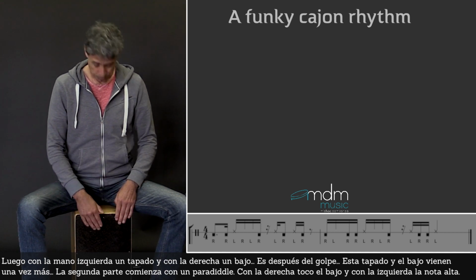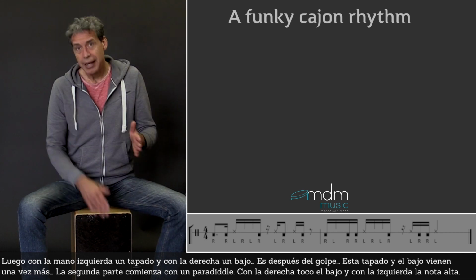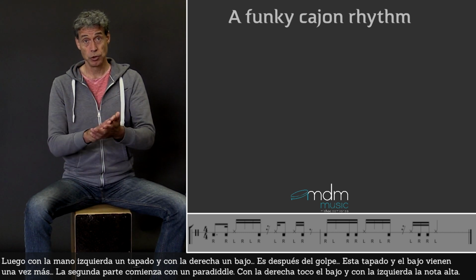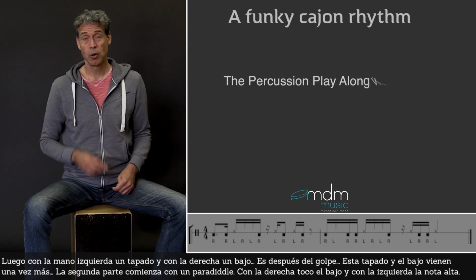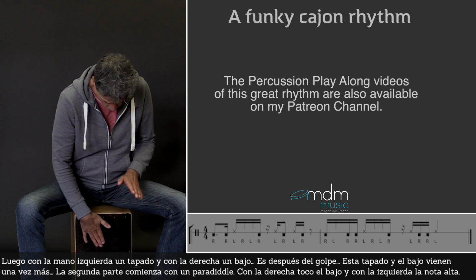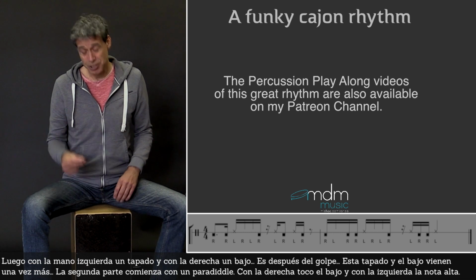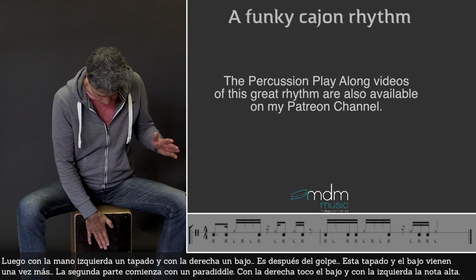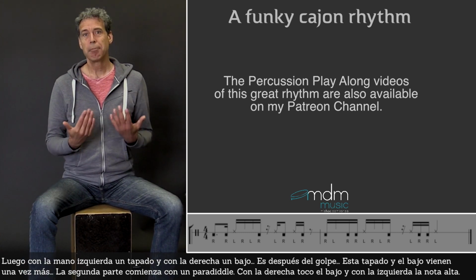So after the beat, and this snare and bass is coming one more time. So you have doom, doom, ka, doom, ka, doom, ka, doom. 1, 2, and again. 1, 2, and